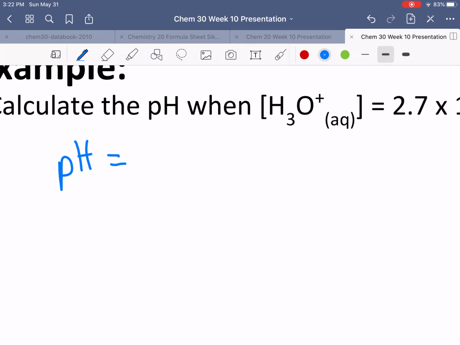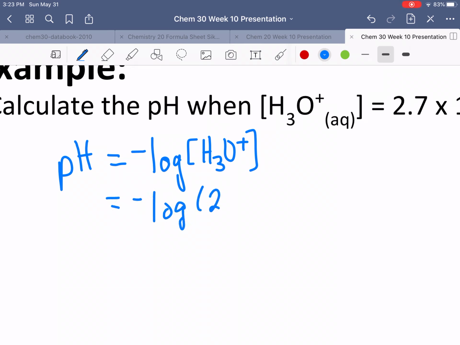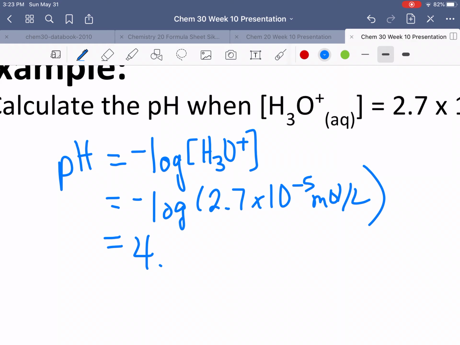You need to show the formula that you're doing, okay? pH equals the negative log of the hydronium concentration. There's that formula. Now plug in what you know. Yes, you should plug it in with units. This is not new. So 2.7 times 10 to the negative 5 moles per liter. You can use it as capital M molarity if you want. That's fine. We're going to end up with a long number,